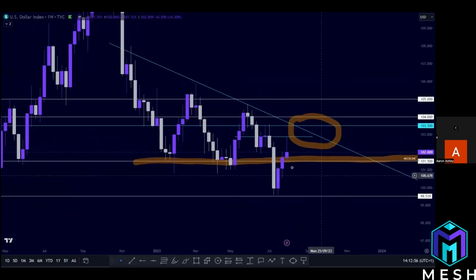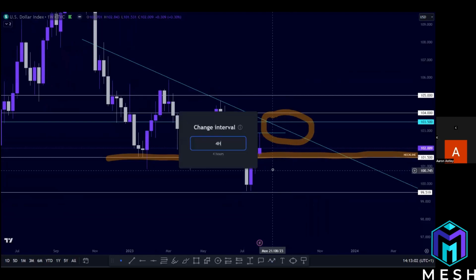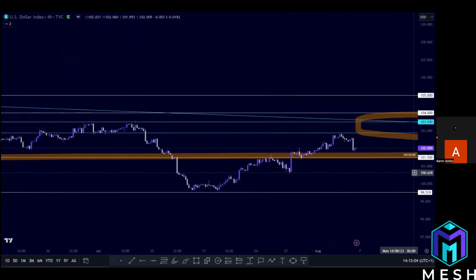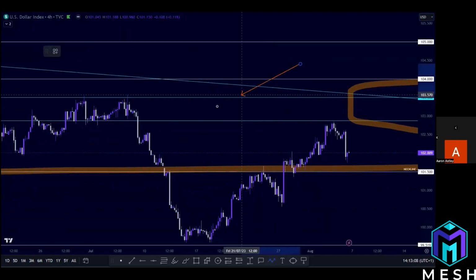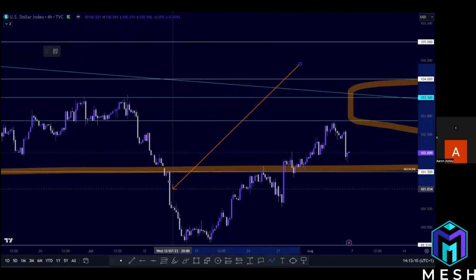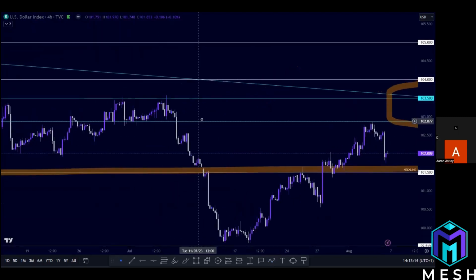But I definitely think that we broke out of that range too soon and we'll definitely have a test in this area. Yeah, I agree. I think it doesn't feel right. Feels inorganic. Because if you even look on your four hour, once we've seen this big move to the downside, it's the amount of imbalances in the market it left. That's why I've got this area around